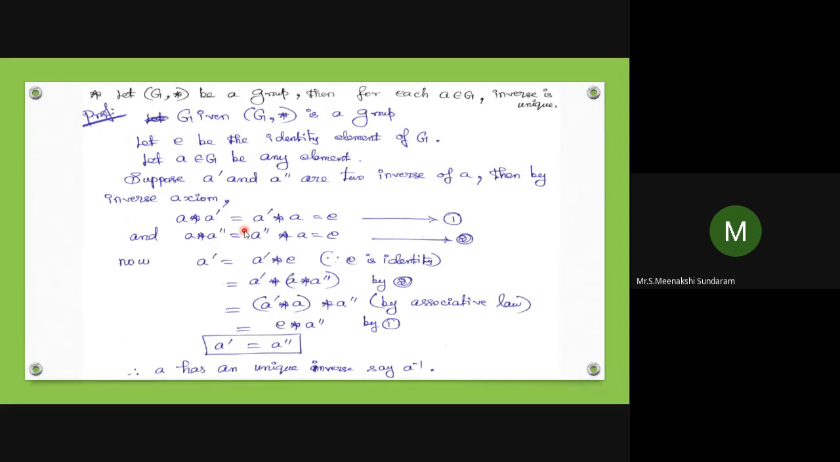E be the identity element in G, let A belongs to G be any element. Suppose A dash and A double dash are two inverses of A, then by the inverse axiom, we have taken both as inverses. One element has two inverses. Without confusion, we can take them as dash and double dash. A star A dash equals A dash star A equals E. I mean, with double dash also, we write E. From the two equations, A dash can be written as A dash star E, E is